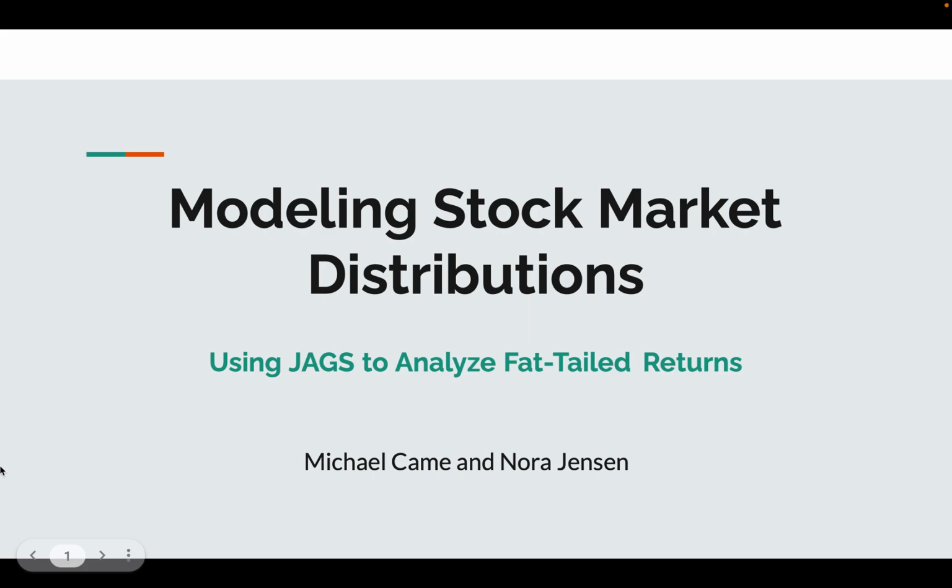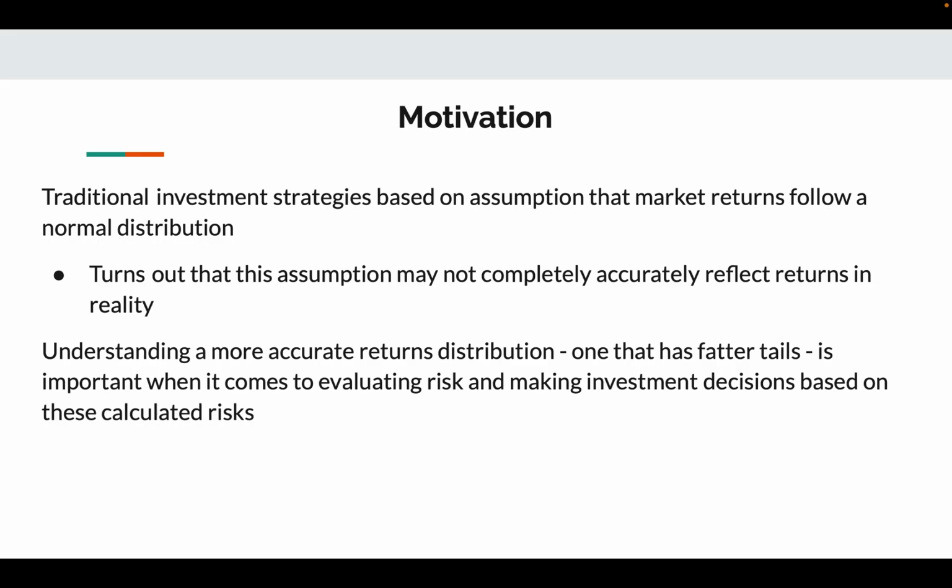This project is focused on modeling stock market distributions and, in particular, looking at their kurtosis. Traditional investment strategies have long been based on the assumption that market returns follow a normal distribution. Two examples of this are the Black-Scholes and the CAPM models, both of which utilize this assumption, but it turns out that in reality, market returns might actually exhibit fatter tails than a typical normal distribution has,